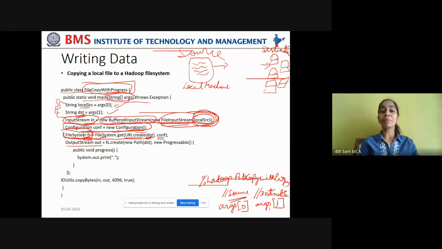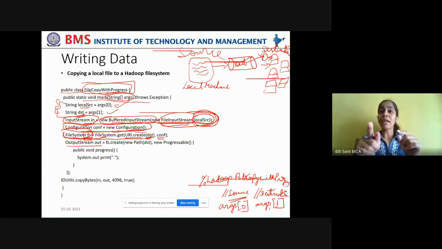Create the output stream. Again, you're creating one more output stream. Why do you require it now? You have created an instance for this, say, file that is being written onto the data node. Observe here. Now, you have to read the data from the source file into an output stream through which the data is passed on to the file into which the data has to be written. Got it? If you want to read the data, what you're doing, read the data from the file into input stream and writing it onto the console or the monitor.